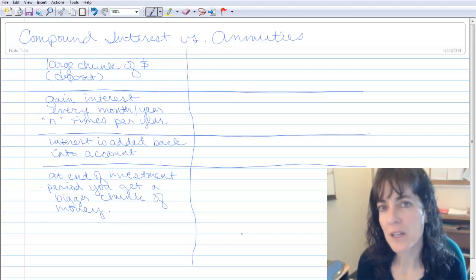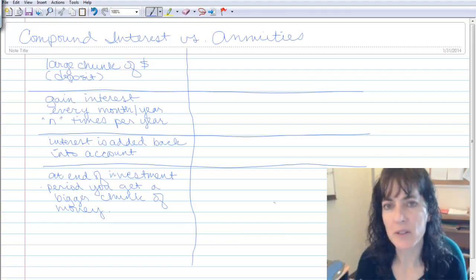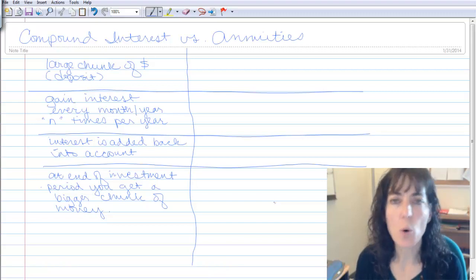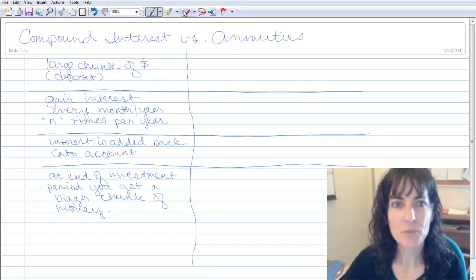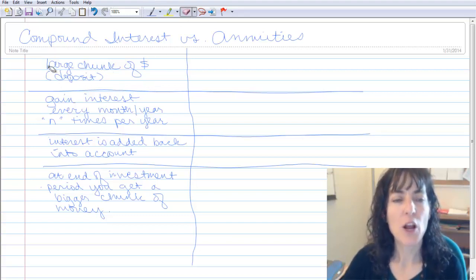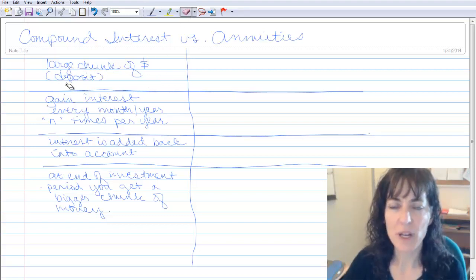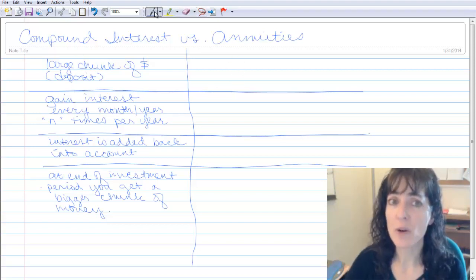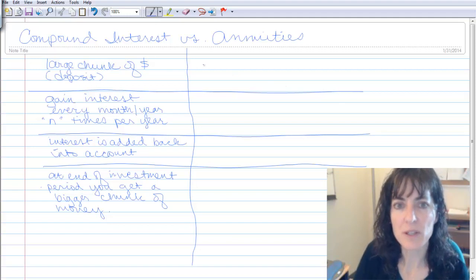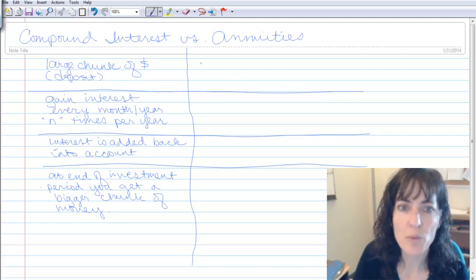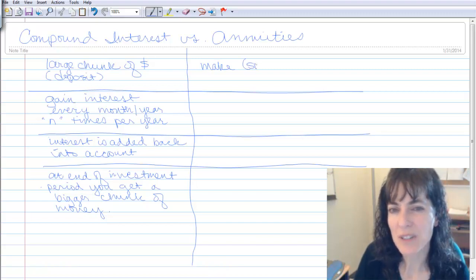Let's look at annuities now and compare point by point. Does annuities have that same feature, or is there something different going on? So to start with, you start with a large chunk of money that you deposit into the bank for compound interest. Now with annuities, I know it doesn't work that way, so I'm going to write out for annuities, you make, and I'll put in parentheses because small is a relative word, small-ish deposits